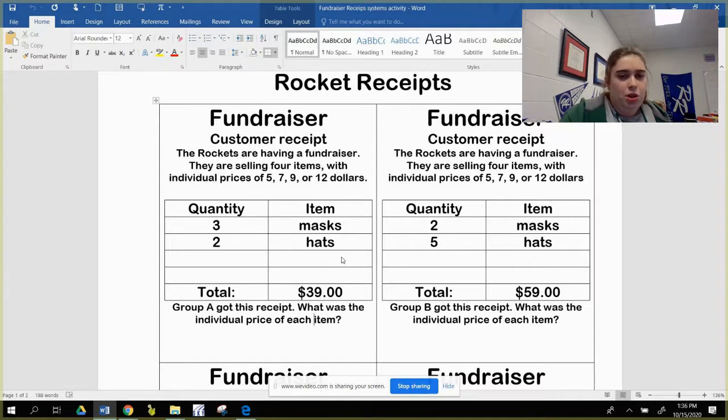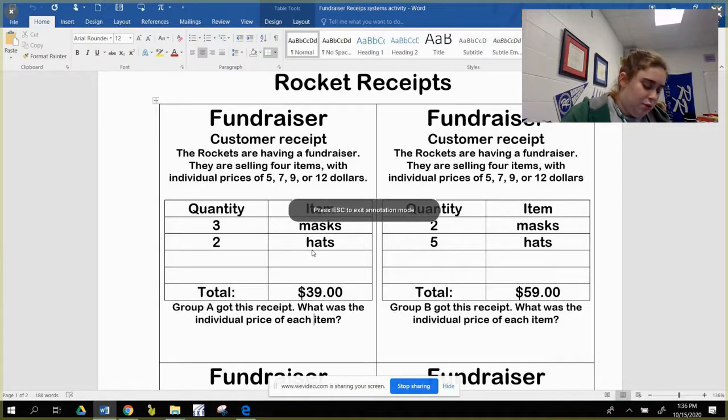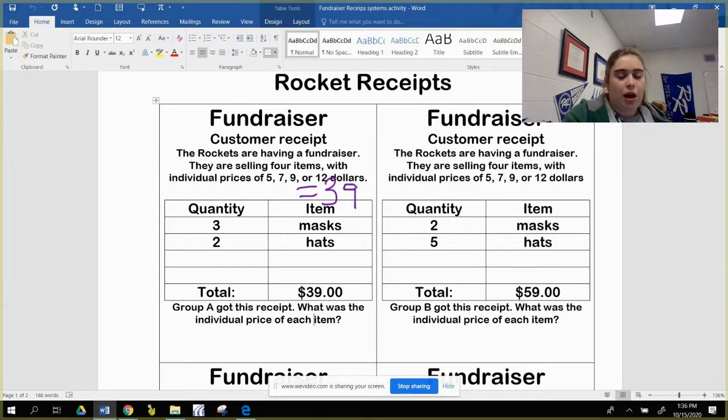So this first receipt on the top left, we have 3 masks, 2 hats, and the total is going to be $39. So since the total is $39, we know that's going to equal 39. Okay, we know that we have 3 masks, so we'll say that the price for a mask is going to